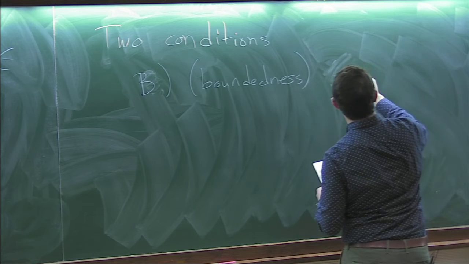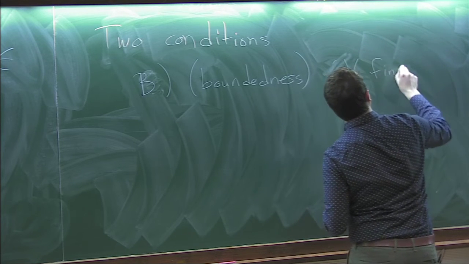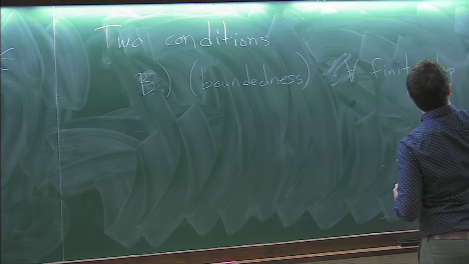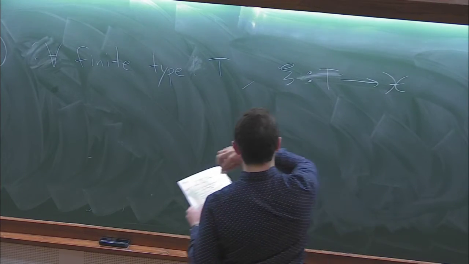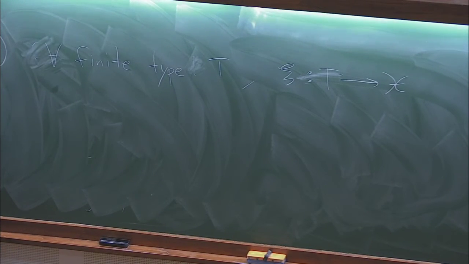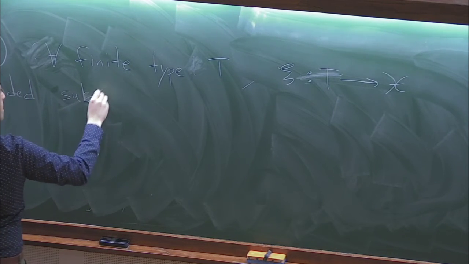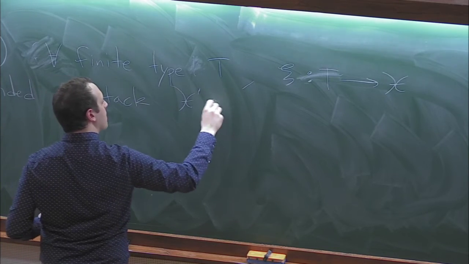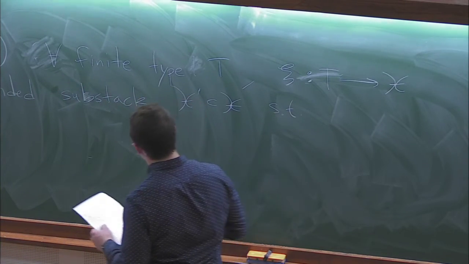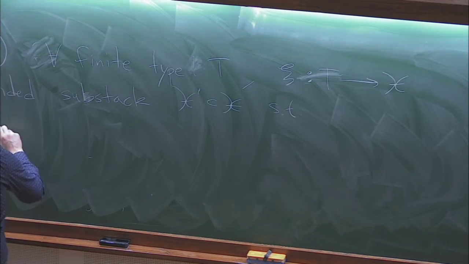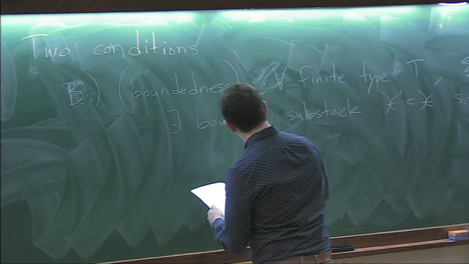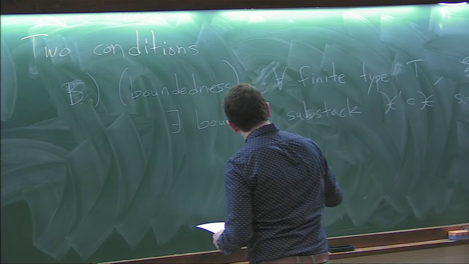For all finite type T and maps, so for any family over a finite type scheme, there exists a bounded substack X prime such that for all f in